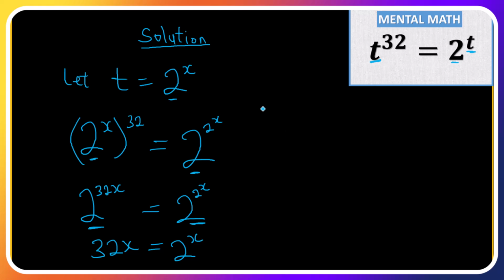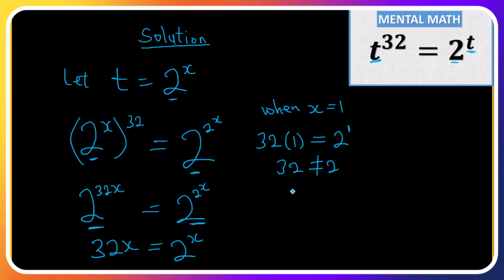So let's start with 1. When x is equal to 1, 32 multiplying 1 equals 2 raised to the power 1, and 32 is never equal to 2. So meaning x can never be 1. But running through this exponential equation, I substituted in all the values, and then